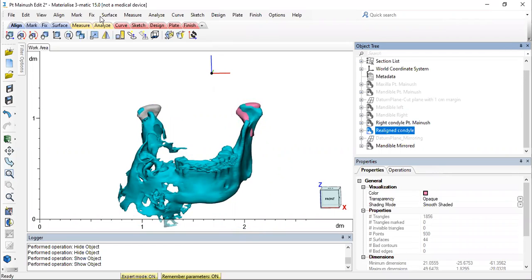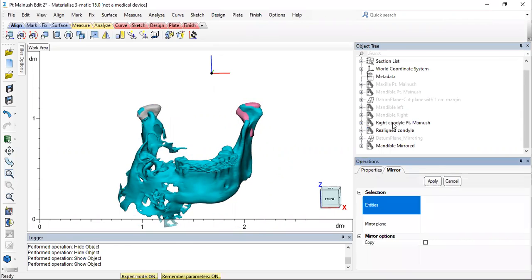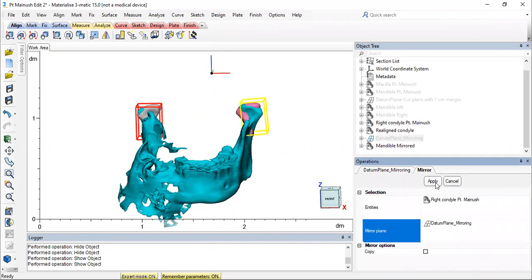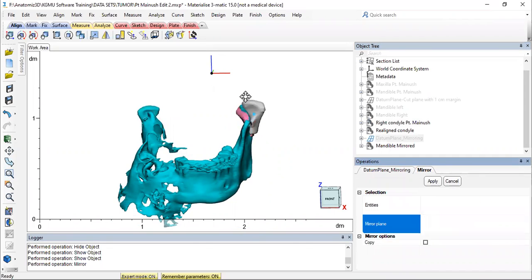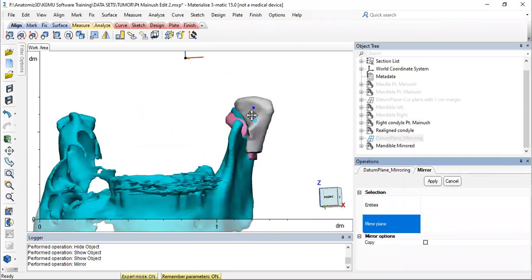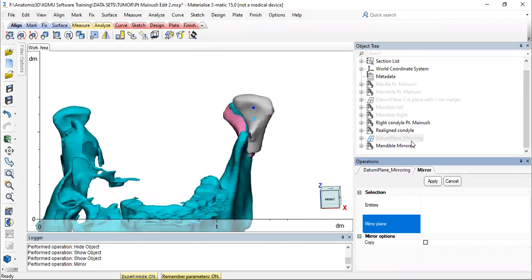For that I'm again going to mirror it now. Mirror the right condyle, same mirror plane I'm going to keep. I'm going to hit apply. So you see it's higher. What I'm now going to do is